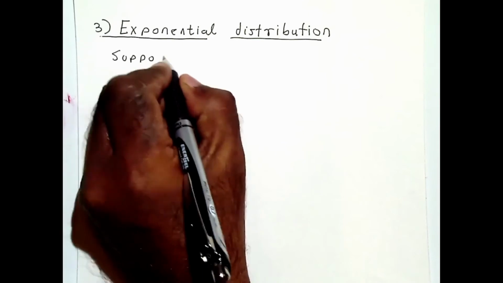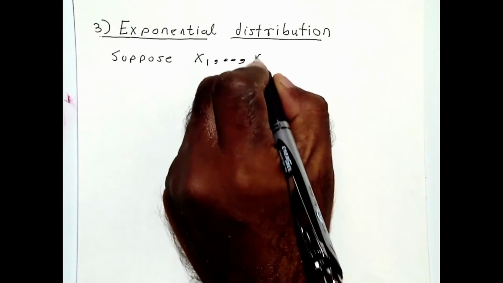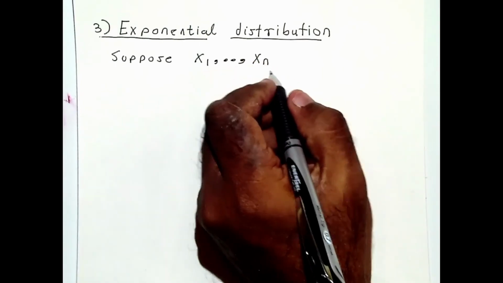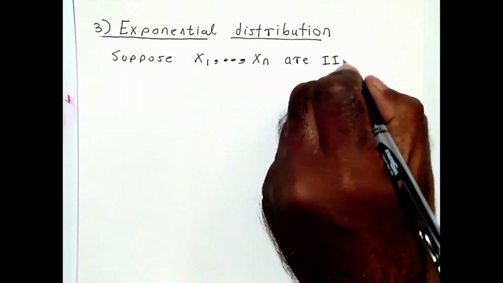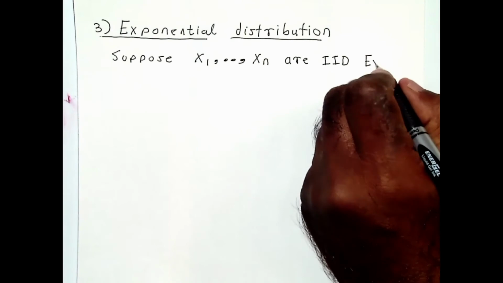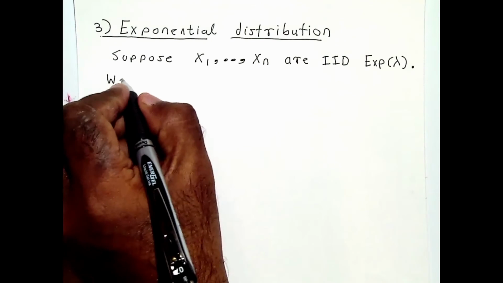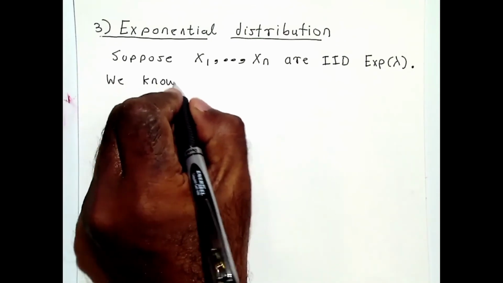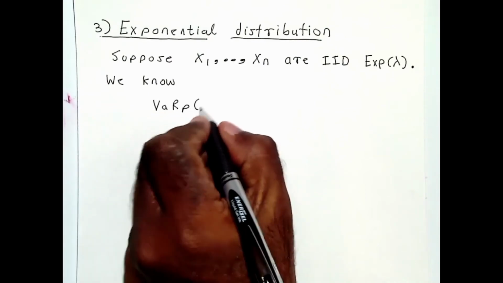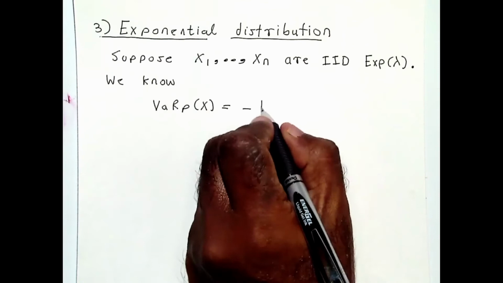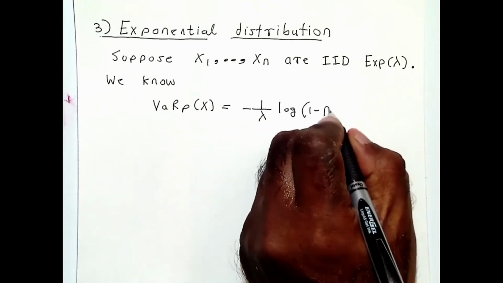So I'm going to suppose that the losses, say x1 to xn, are IID from an exponential distribution with parameter lambda. Now we know from the previous videos that the expression for var is given by this